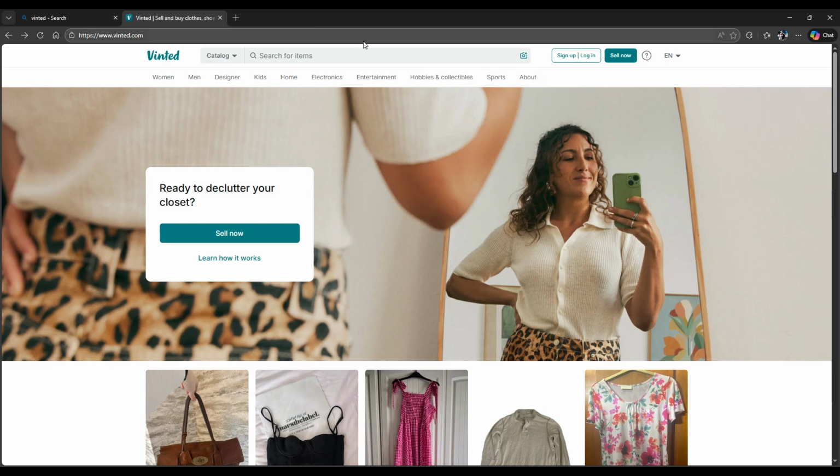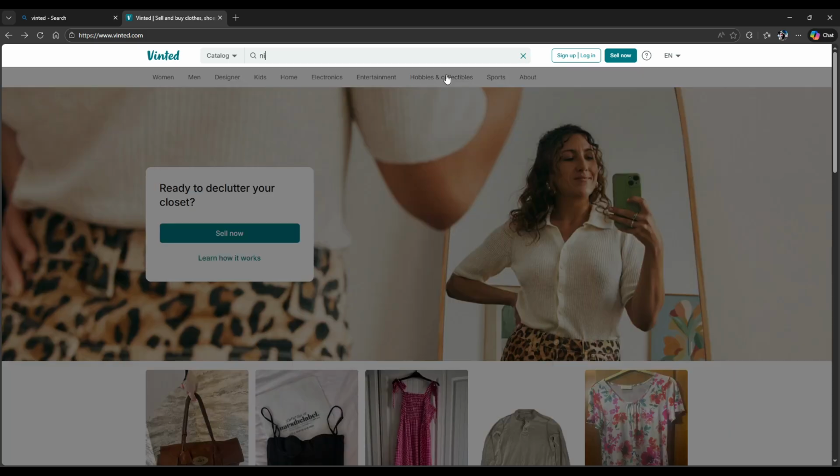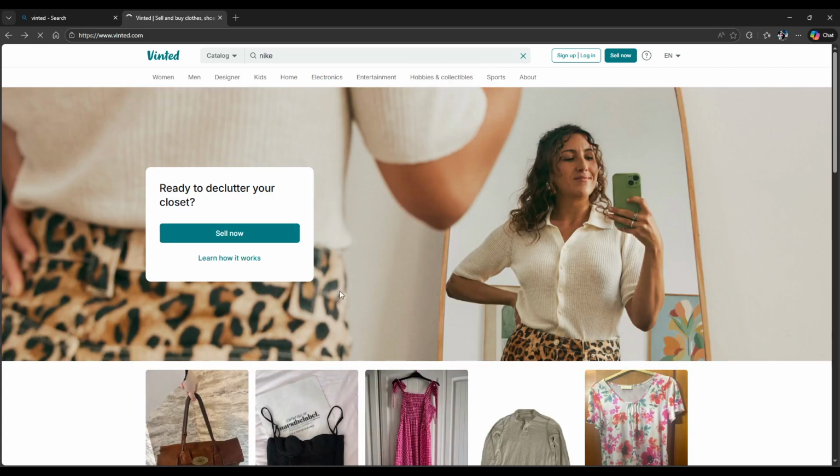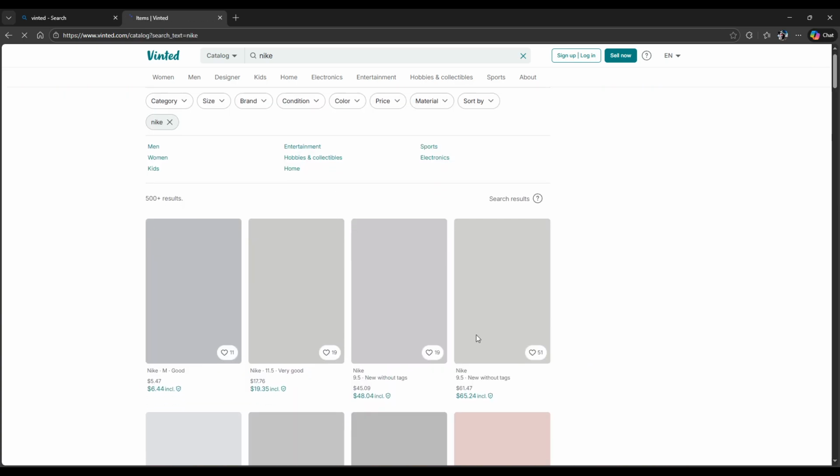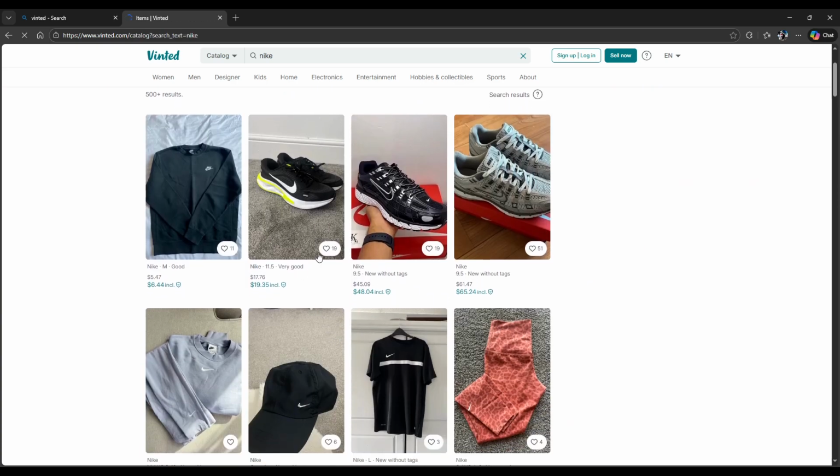Basically, when you are logged in, you can use the search for items, type for anything like Nike here, and go through the product section, select what you want. You can tap this heart button, you can save it,